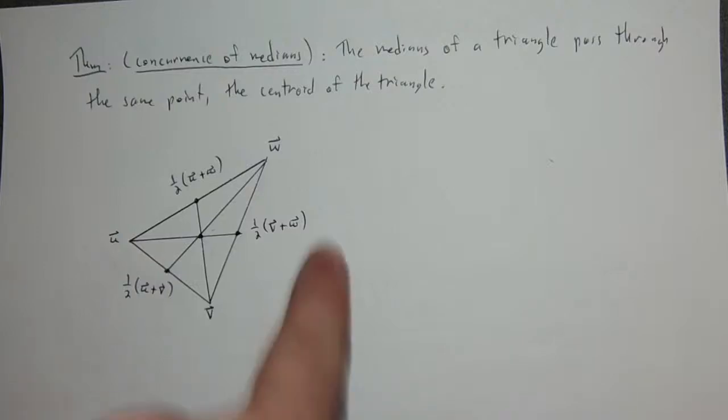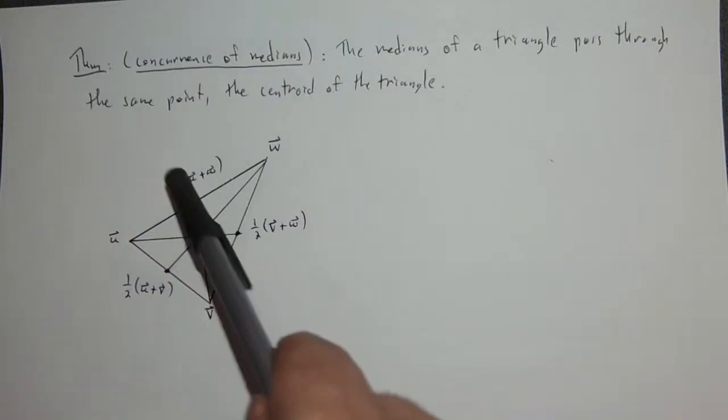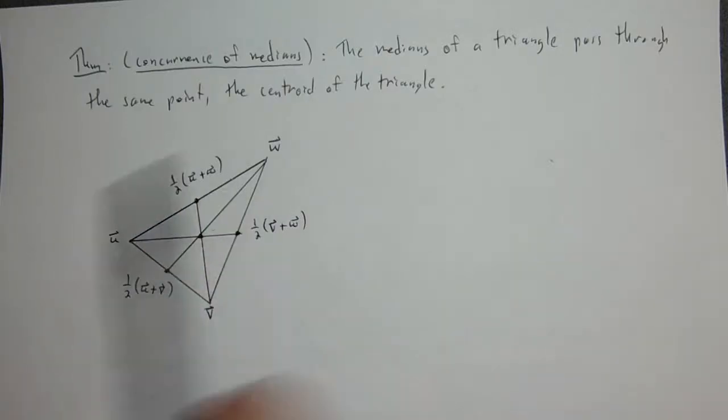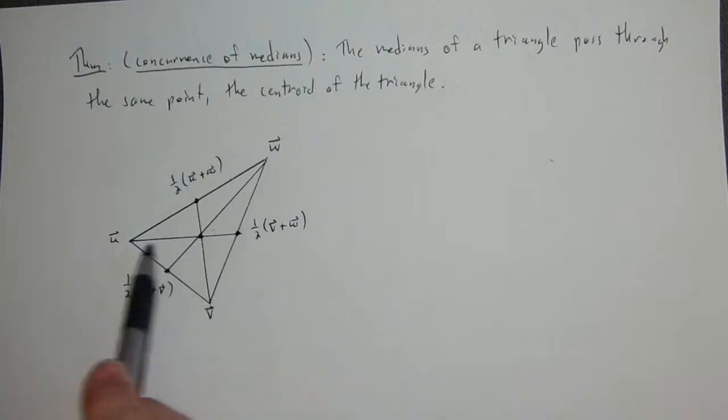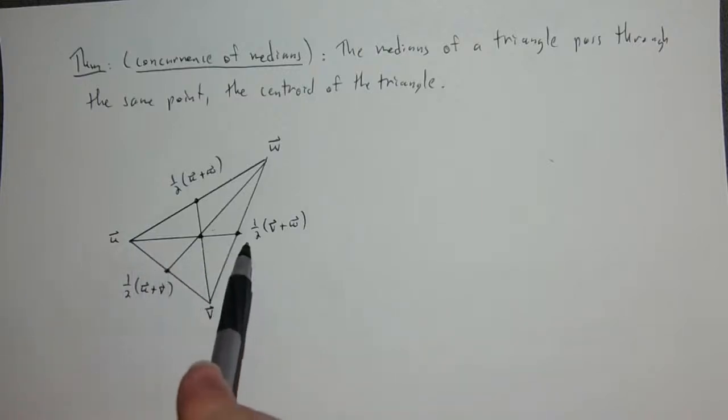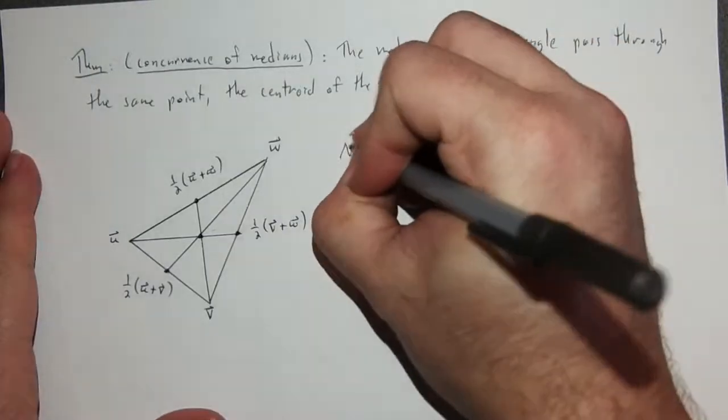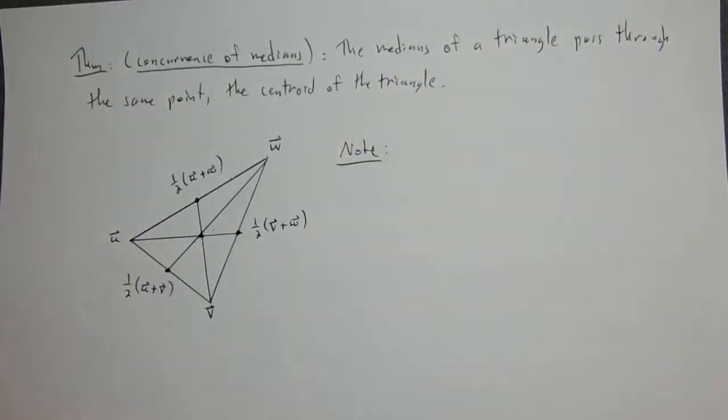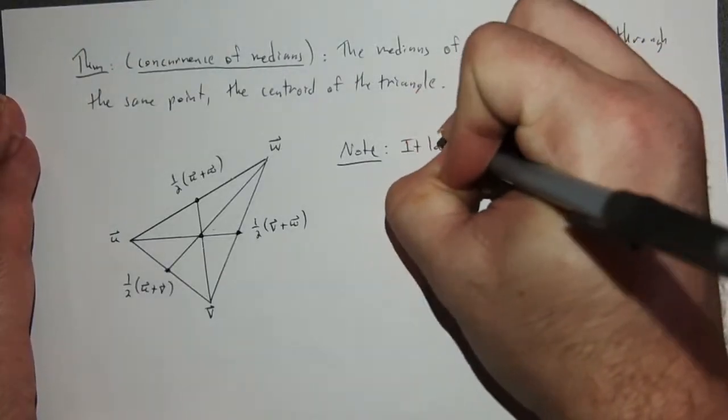Now, given the triangle that I've drawn like this, when I draw in these midpoints, I know that those are the midpoints of those segments from previous comments. And so when I look at this, for instance, just looking at this median from U to 1/2 V plus W, what does that look like? So note, what does it look like in terms of where this point lies as a proportion of this segment? So it looks like,